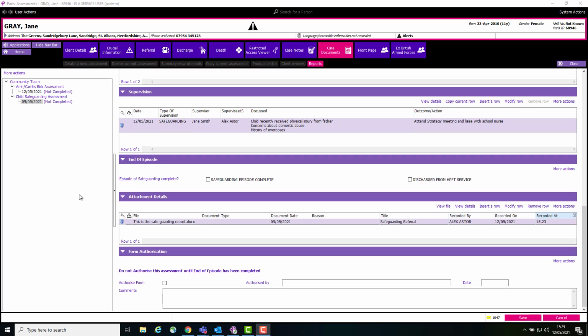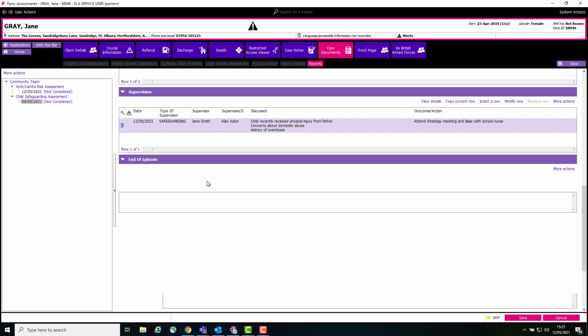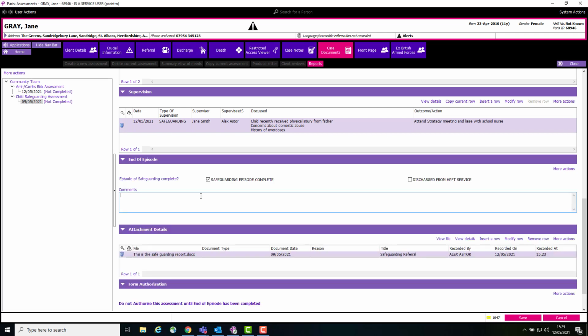So the child safeguarding assessment has been designed so that you can keep it open, unauthorised, for the entire safeguarding episode or until you're discharging a child or parent from your service. When this happens, this is the time that you're now going to complete the end of episode section. So if the safeguarding is now complete, you're going to tick safeguarding episode complete, and then you're going to put a comment in here: child is no longer on a child protection plan,